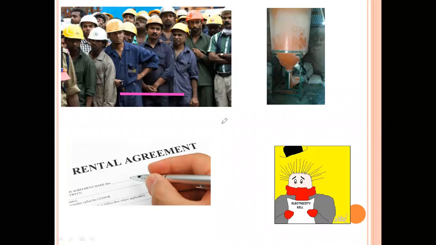Very good, explicit. We'll simply say it is explicit because we are making payment to outsiders, because they are outsiders, and we are making payment in the form of labor. Very good. Now, tell me about this. What type of cost is this? What will you say? First of all, tell me what is this?